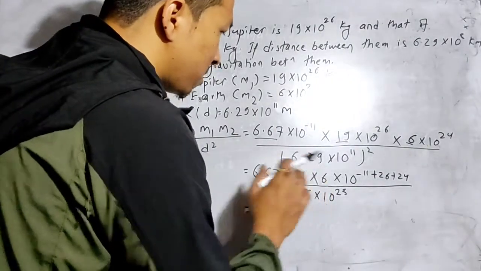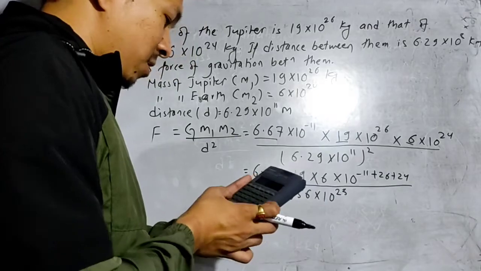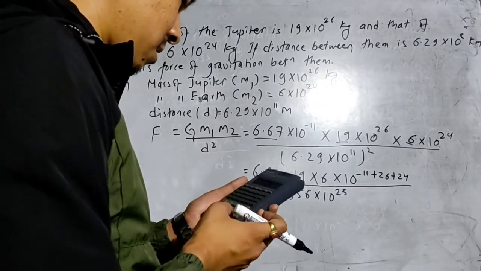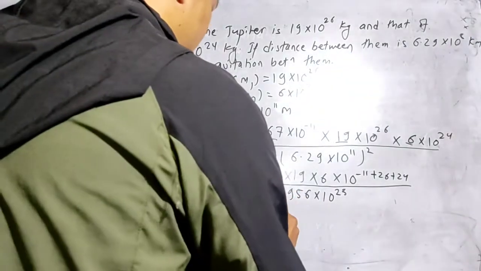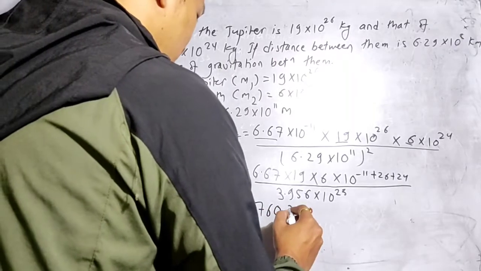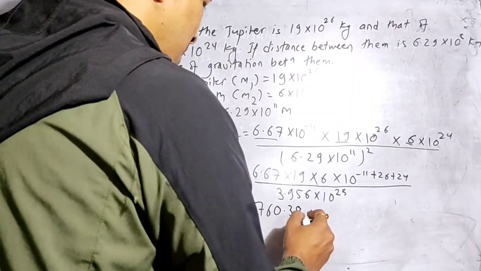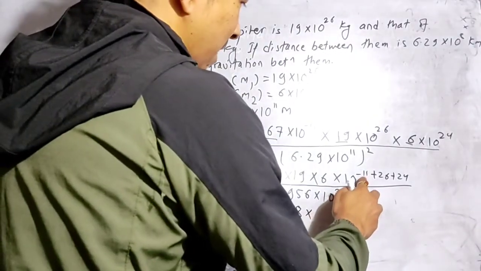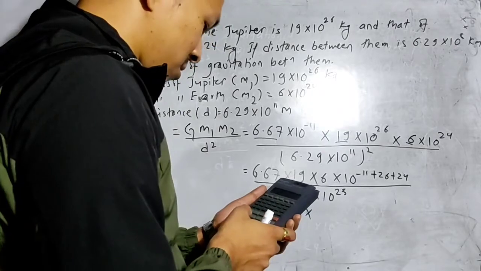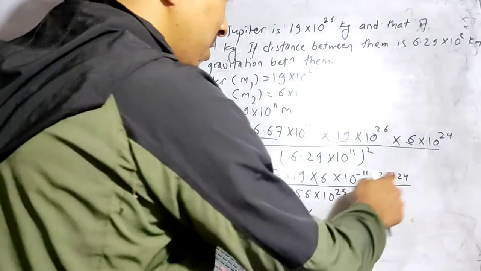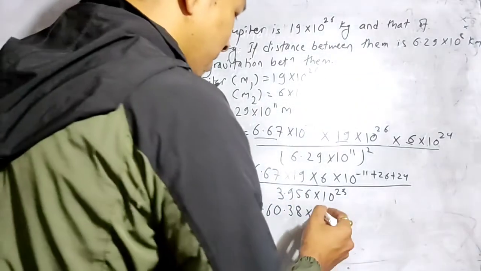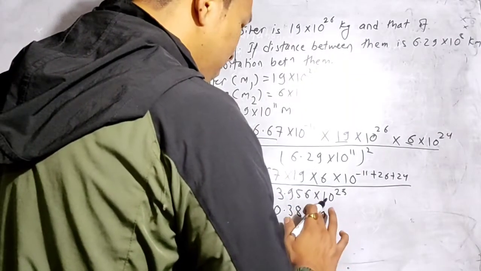6.67, 19 and 6. Now 6.67 into 19 multiplied by 6, that is equal to 760.38, into now 10 power minus 11 plus 26 and plus 24. Let's add that. Okay, 26 plus 24, that is equal to 50, and minus 11, that is equal to 39. That means 10 power